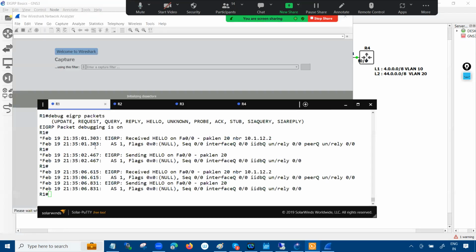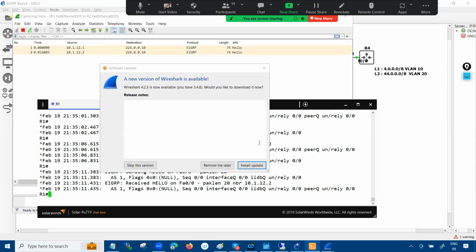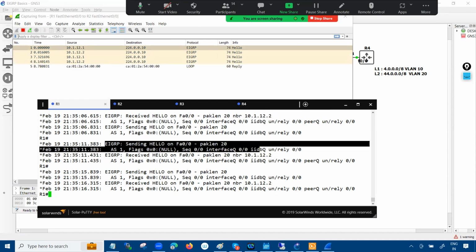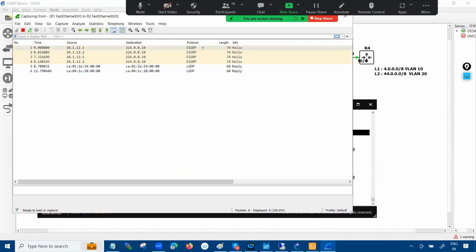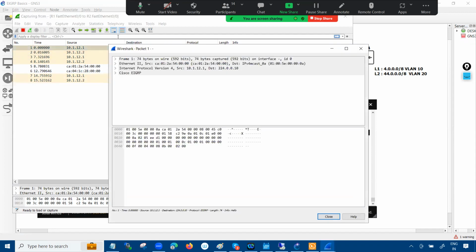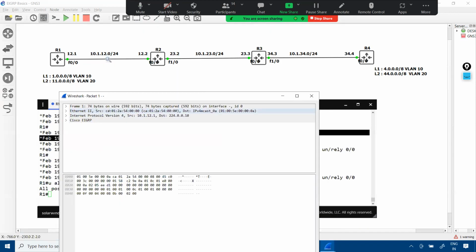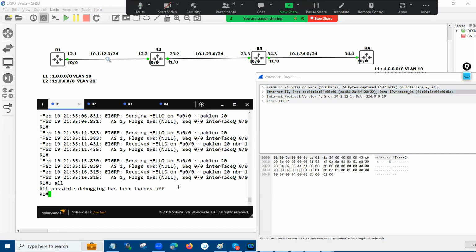If you see, router 1 keeps sending and receiving the hello packet from the neighbor, right? So router 1 is receiving the hello packet from the neighbor and sending it as well. If you open the hello packet from 12.1, you can see that the source MAC is CA01. That's the MAC address of this interface. If you go on router number 1 and have a look at the MAC address of this interface,